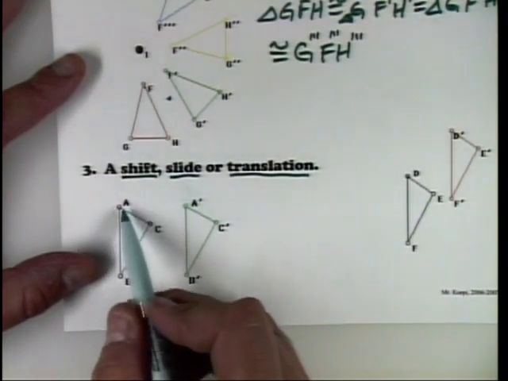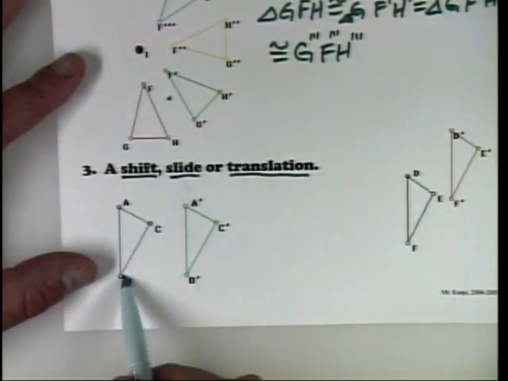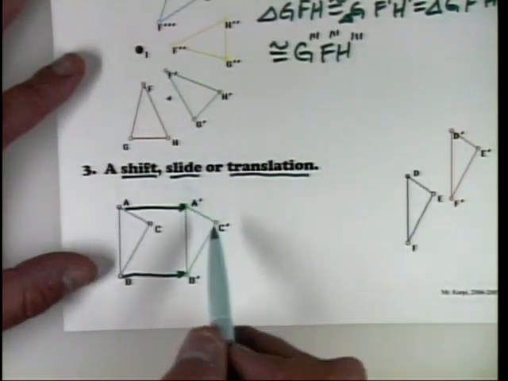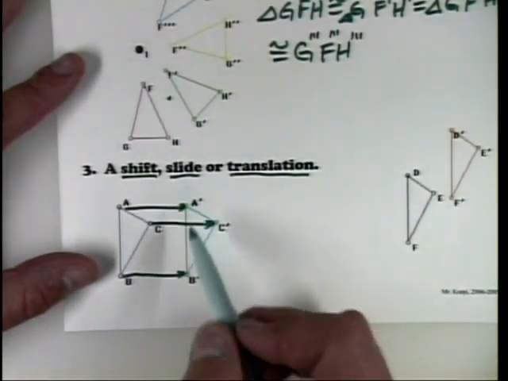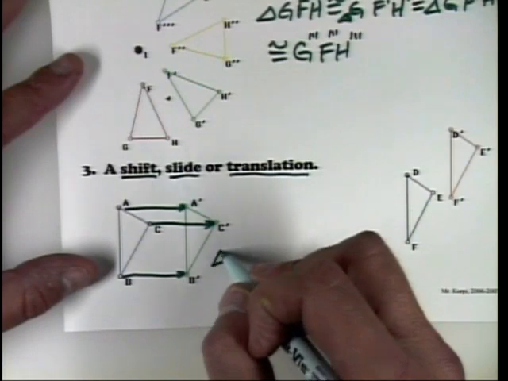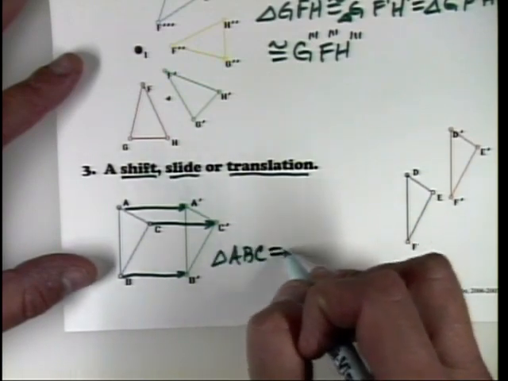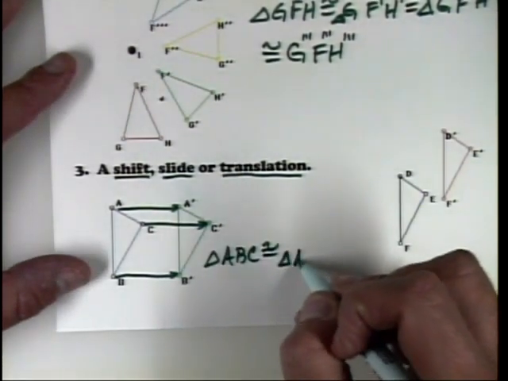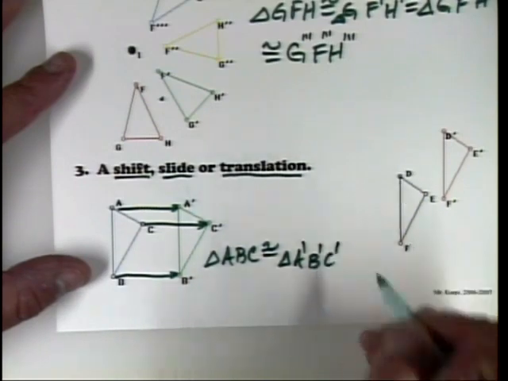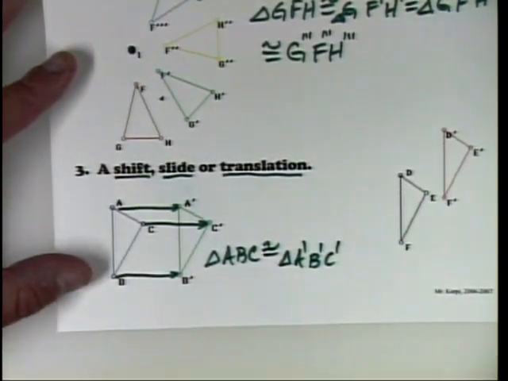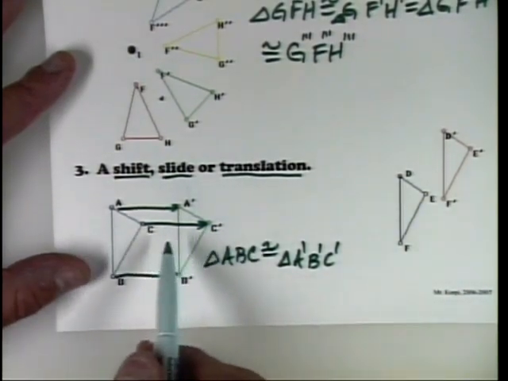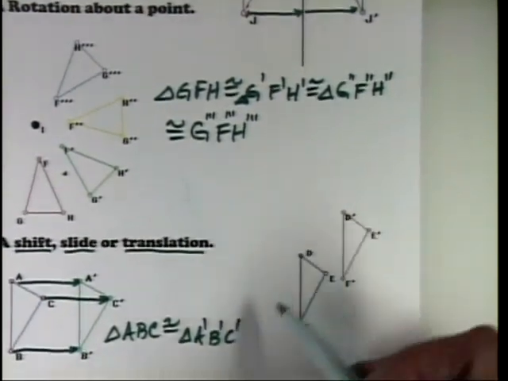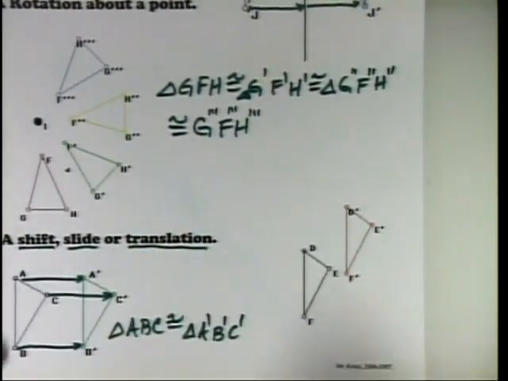Okay? So if I start with triangle ABC, and I moved point B over here, and I moved point A over here, and I moved point C over there, I generate a congruent triangle. So I could say triangle ABC is congruent to triangle A prime, B prime, C prime. It's just in a different location. It is shifted, it has slid over, or it has been translated over. And it doesn't have to be just directly to the right or to the left. We can move it to the right and at an angle, or left and at an angle, or down and